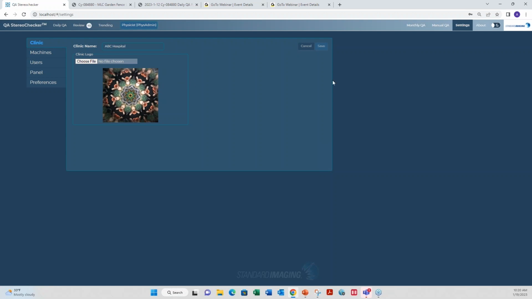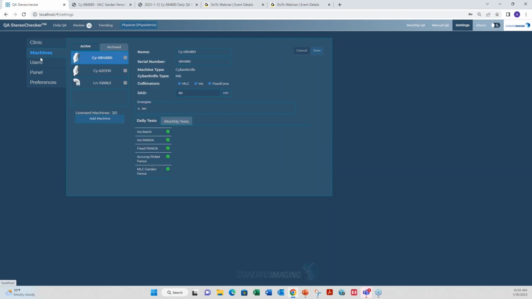And that is in our settings page, right? When you get the device, the first thing you're going to do once you've activated your license is go into settings and set up your clinic, set up your machines. And again, this is where the magic happens because we've simplified things greatly. The name and the serial number and your machine type are the things you need to fill out,